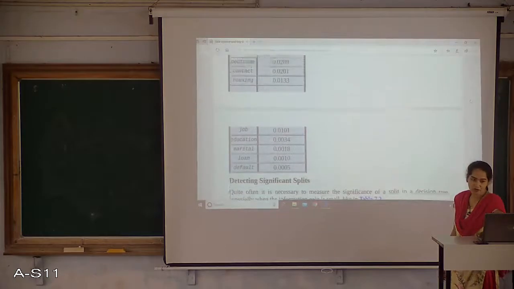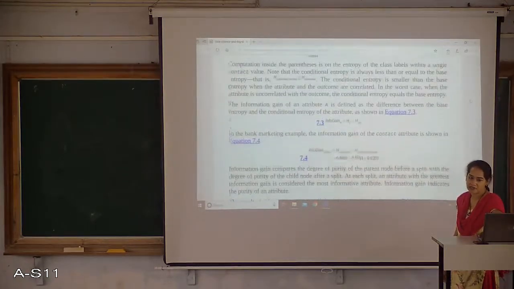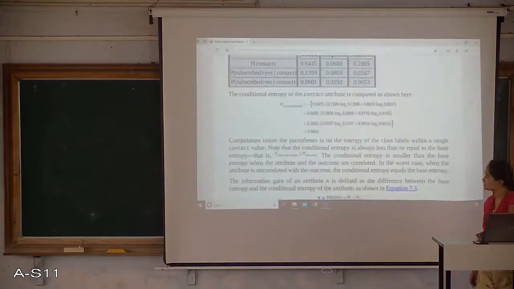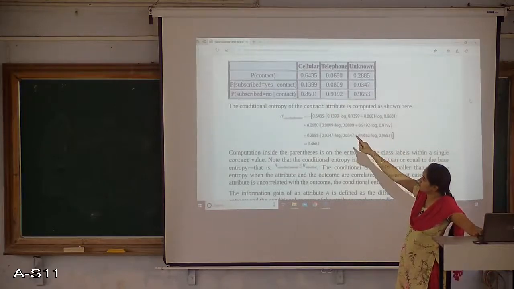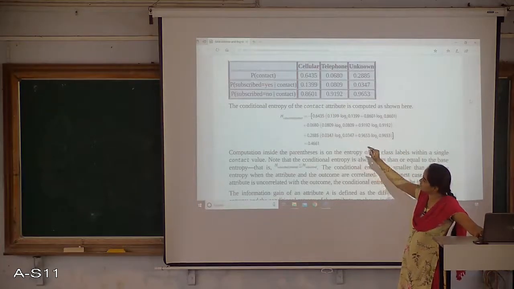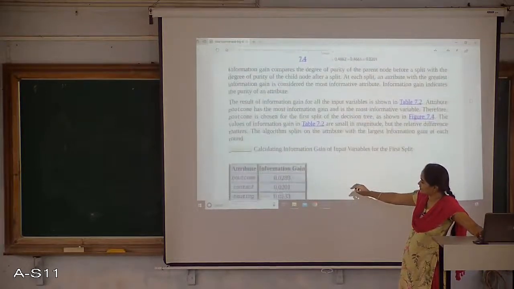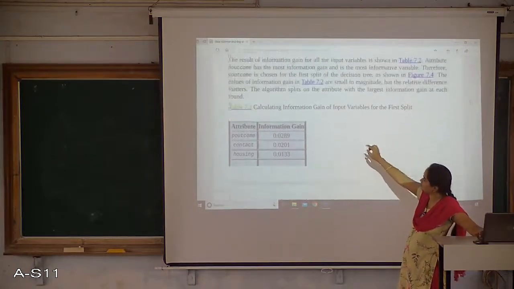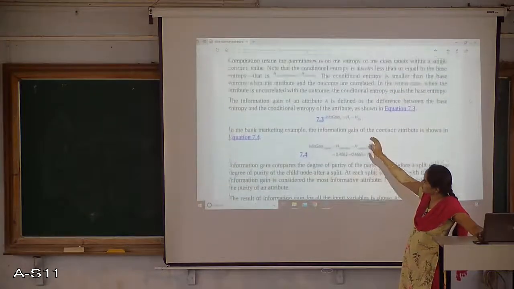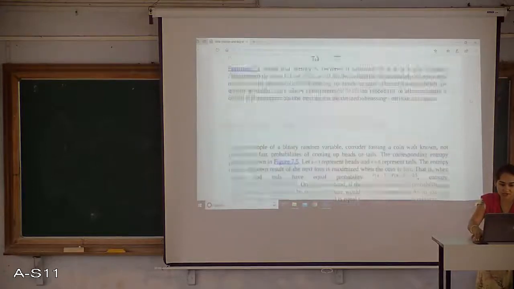So this is all about how to calculate the information gain and how to calculate the entropy. Let me just revise these things. We are getting it for an attribute called contact. Similarly, if I want to do it for education, I got some value for education here, something like 0.0034. How I got this is, education is having some values, right? What are the values I have for education? Let's see.